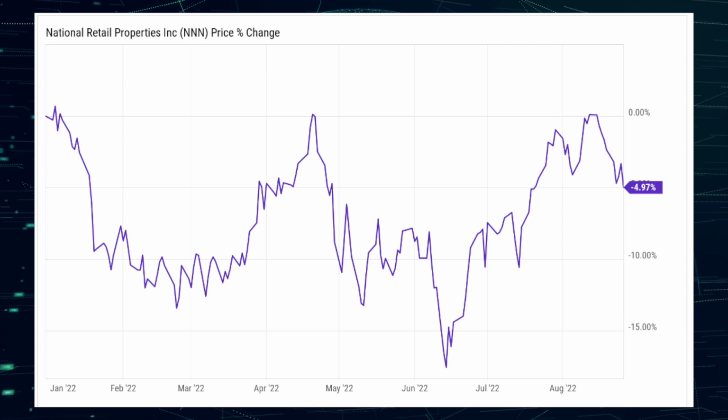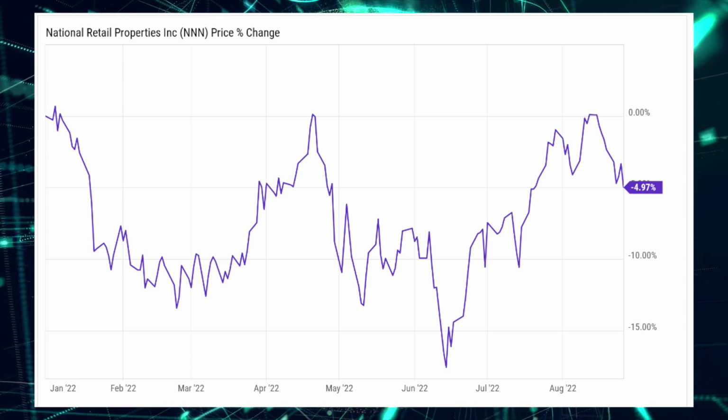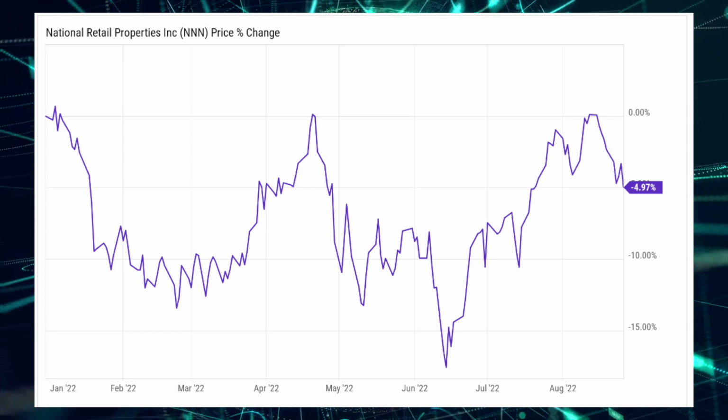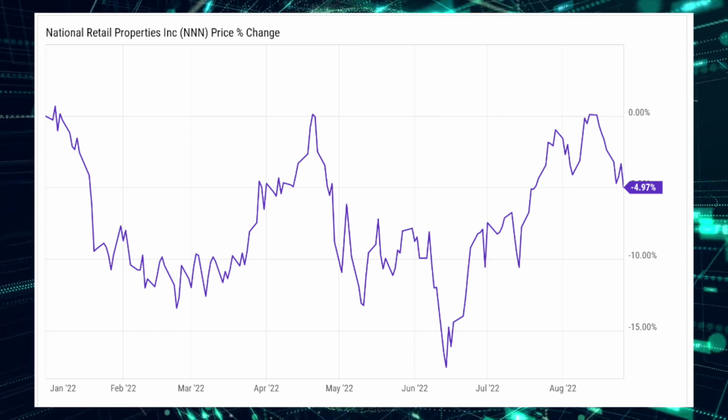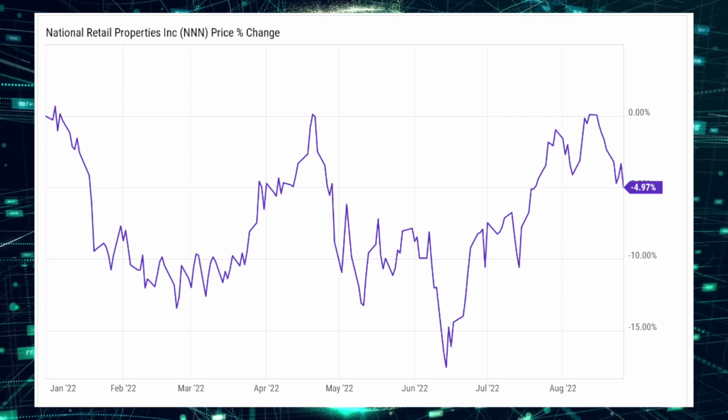On the year, shares of National Retail Properties are down only 5%, but have seen a lot of positive momentum since bottoming out with the greater market in mid-June. Shares have actually rallied nearly 12% since that time. Given these inflationary times that we're in, the strong tenant base that National Retail Properties has, and this valuation that we're going to look at in a moment, it makes for a great time to start accumulating shares in a company